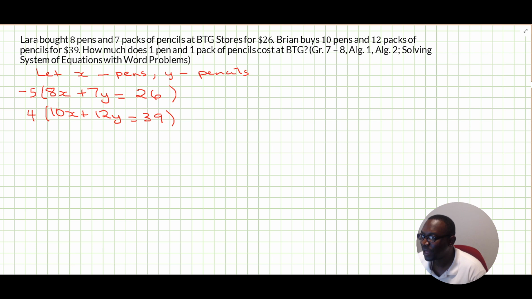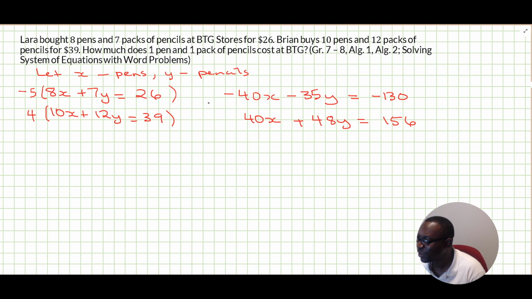So let's go ahead and multiply this by -5. That's going to give us -40x minus 35y equal to -130. Now we're going to multiply the bottom equation by 4. So that's going to give us 40x plus 48y equal to 156. So now that you have this, if I add both equations together, you notice that -40 plus 40